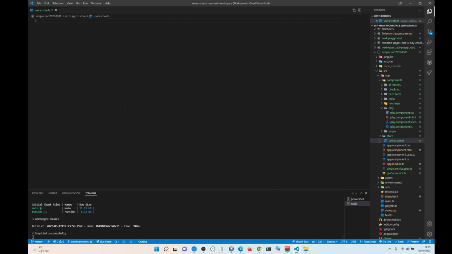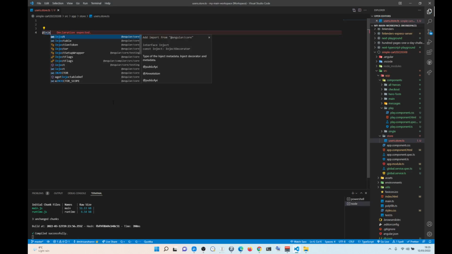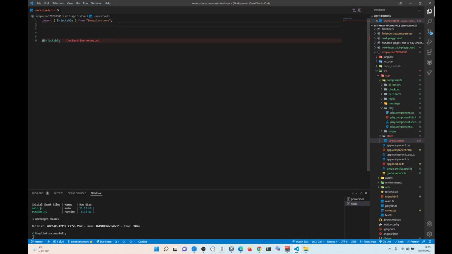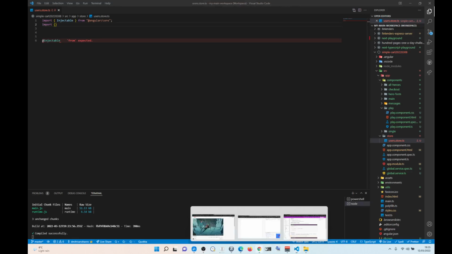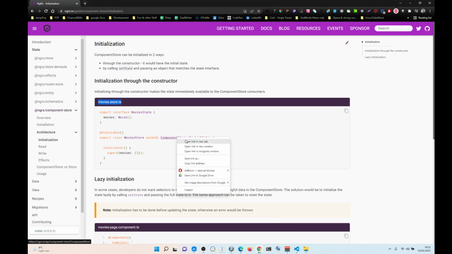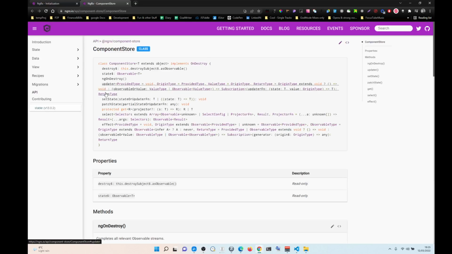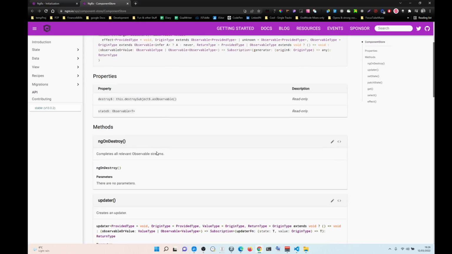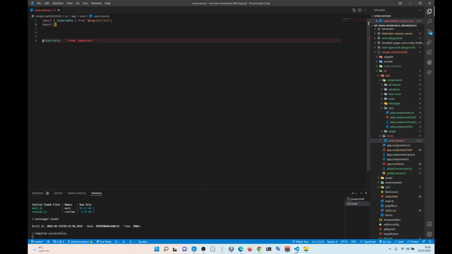So, the first thing you need to do is import Injectable. Actually, you can just type Injectable. I think it will import it anyway. Injectable, it's going to import it. Okay, the second thing you need to import, and they don't say it in here, but you need to import it, is called ComponentStore. So you need this thing here. So ComponentStore comes from